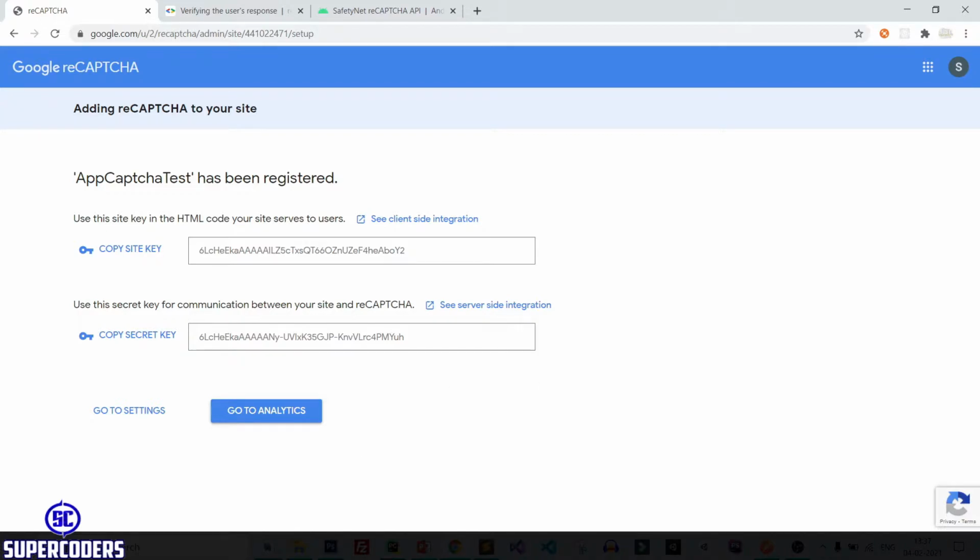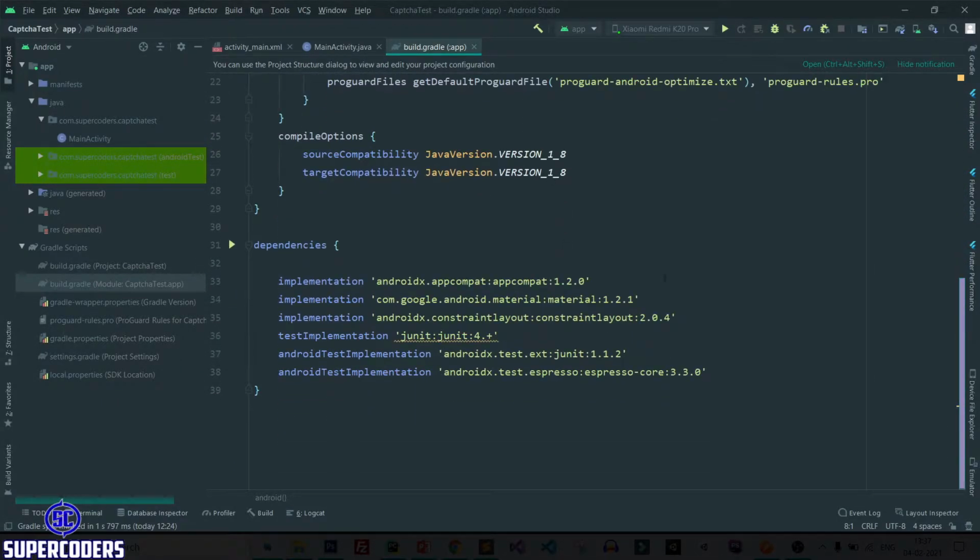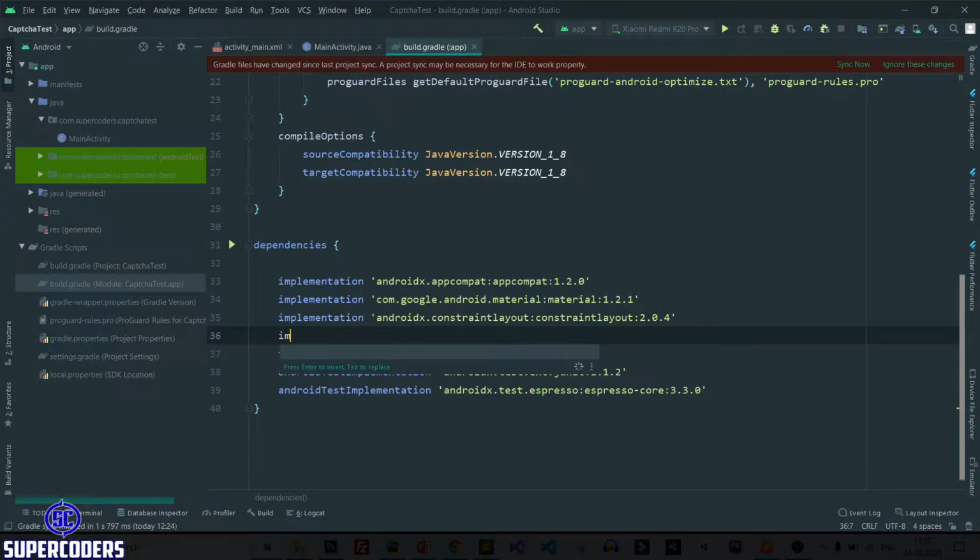So back to Android Studio, and here we need to add a library. So simply implementation, com.google.android.gms, play services, safetynet, then colon again 17.0.0.